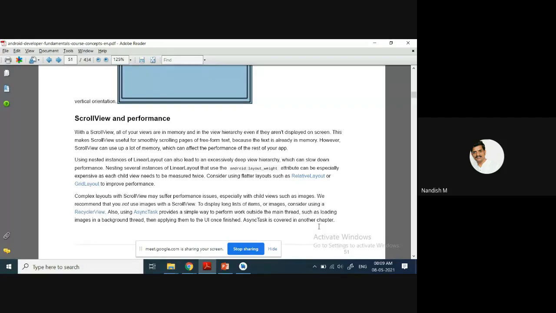We are going to uninstall that app and we are going to use another one. That is what we are speaking now, performance. See, this text view is going to take too much time because all of our views are in the memory.